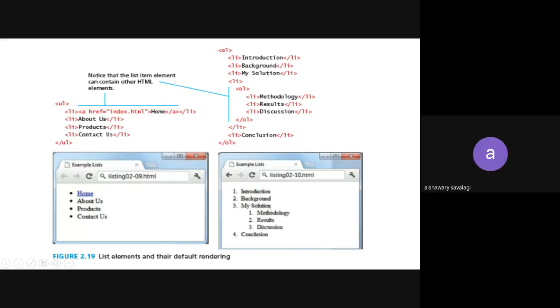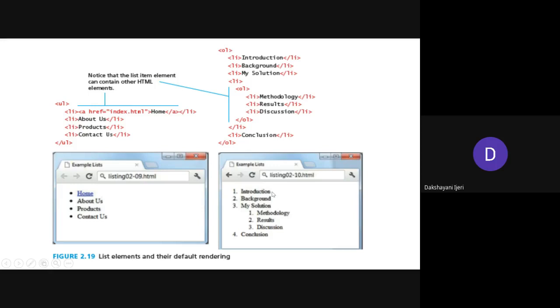It is the ordered list, right? So probably you might have seen here the element that is used for creating the ordered list is ol. So for unordered list it is ul, and for the ordered list it is ol. Okay. So you can see here what is the first element,